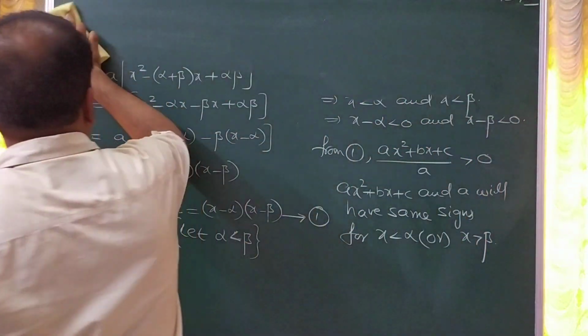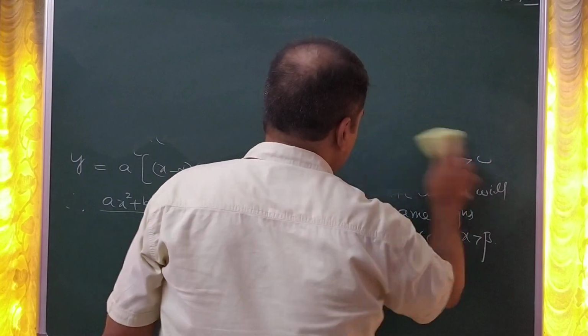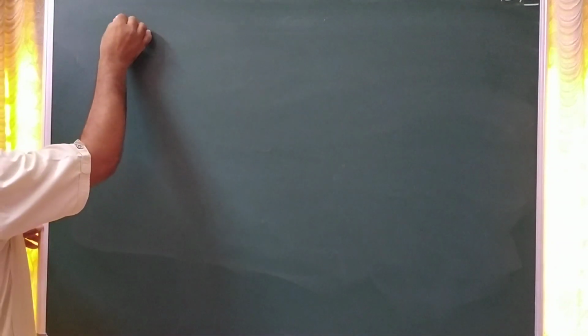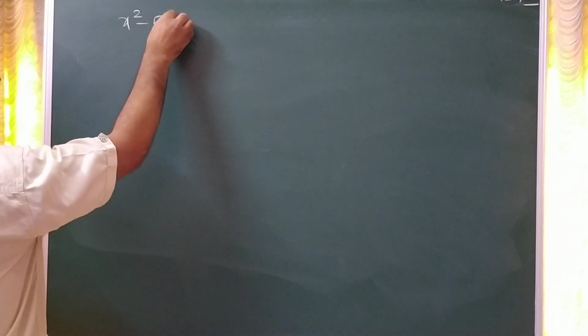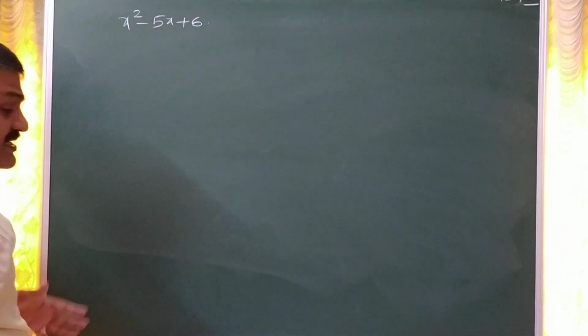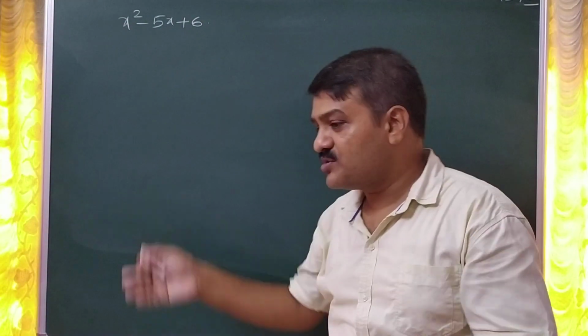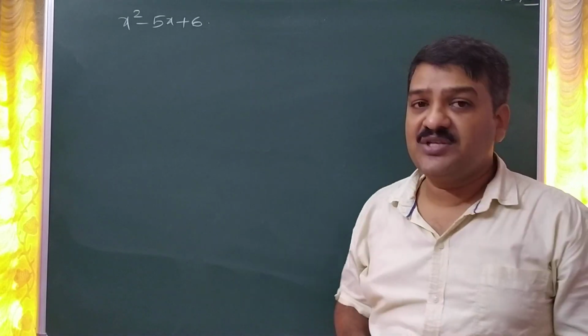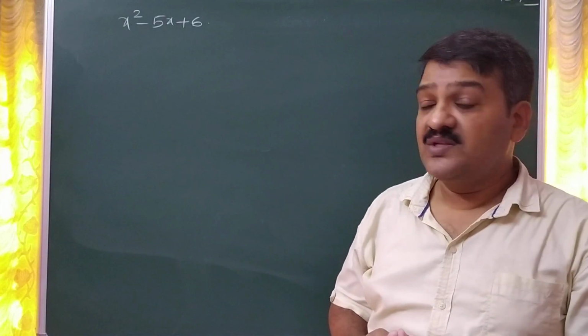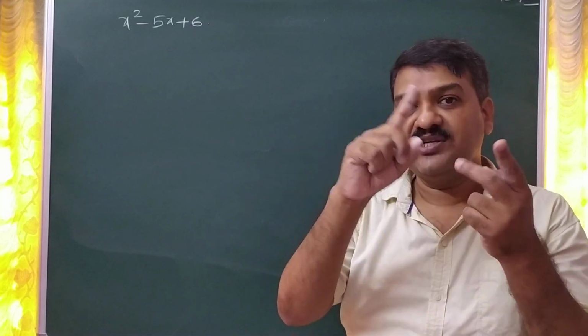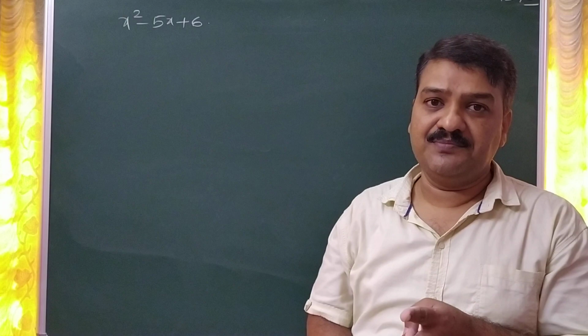Okay. Now let us try to discuss problems, how to solve the problems. When you are given a question, how you are going to actually solve that. For example, let us have a quadratic expression like this. We have to discuss the signs. Discuss the signs means what? When the expression is going to be positive, when the expression is going to be negative, like that. So for a quadratic expression, you have to check whether delta is less than 0 or greater than 0 or equal to 0.